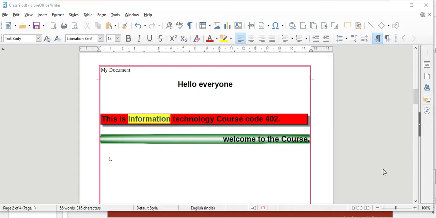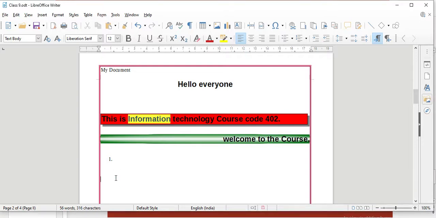First one, inserting images. If you wish to include any picture or image in your document, the image file should be stored in your hard disk or external storage such as pen drive. To insert an image in your document, position the cursor where you want to insert a file. Example, I want to insert my image here.